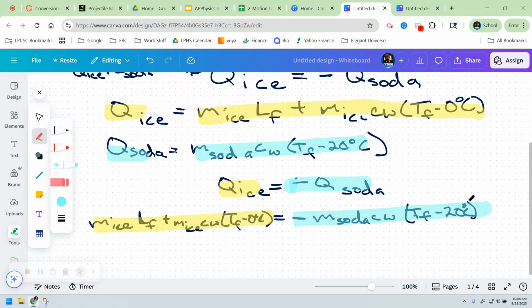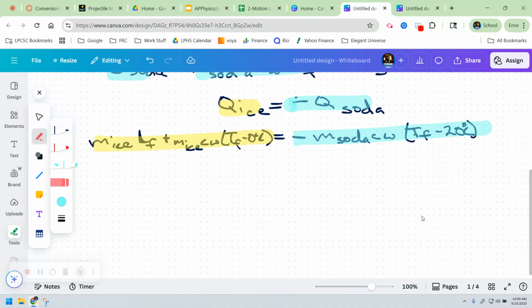Okay? So then from there, what I'm really trying to do is solve for T final, because that's what I want. I want the final temperature in the state of equilibrium. They should be the same. Okay? So that's what we're going to do. Oh, that's a tough one. So let me think this through. I want to get both these. So I'm going to subtract